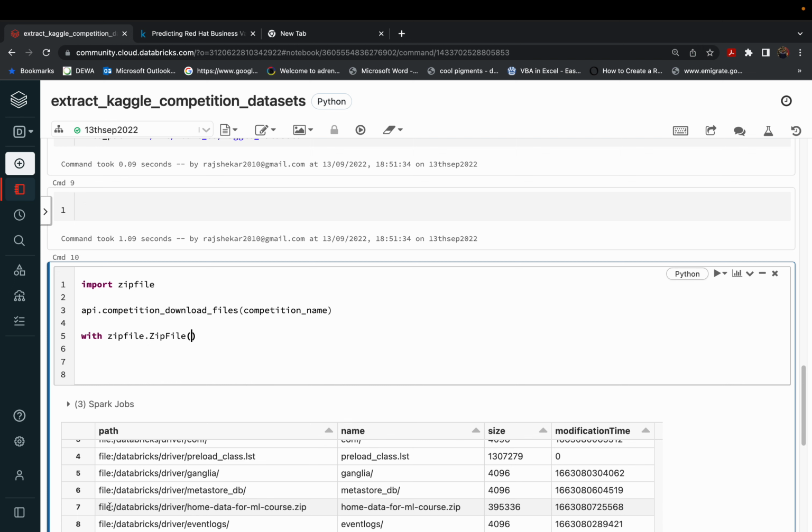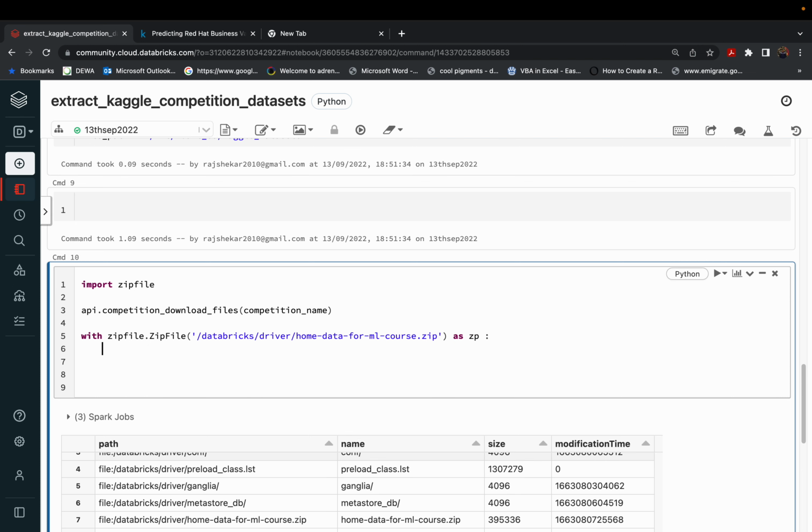This is the file path. I copy this file path and paste it here, this as ZP. ZP is a short form for zip file. You can use anything. ZP dot extract all. So we are extracting all the files within this particular zip folder to a default location called